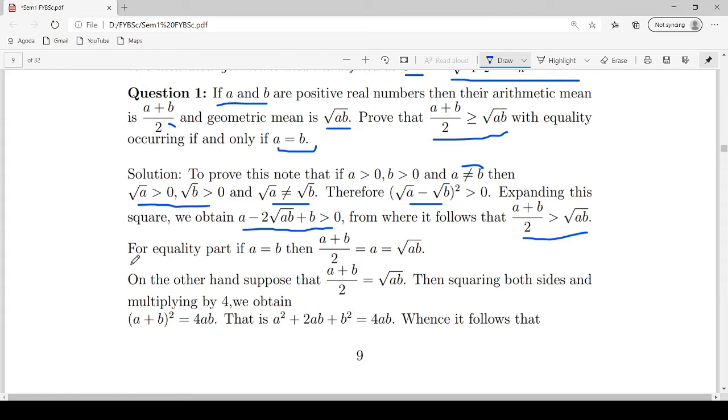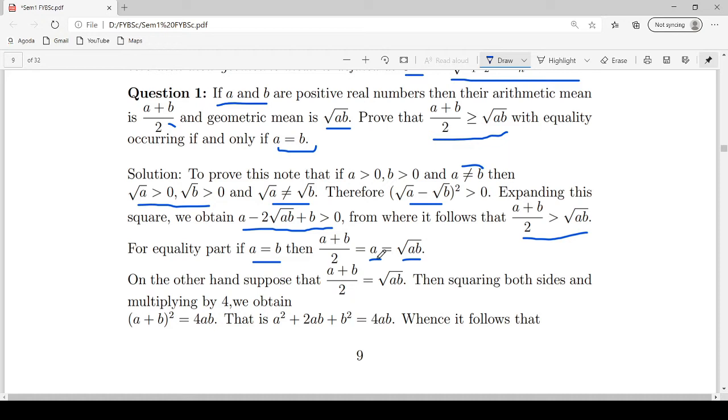Now we will prove the equality part. That means we will prove the arithmetic mean of a and b is equal to the geometric mean of a and b if and only if a is equal to b. So first we will assume a is equal to b. Now it's an easy observation. If a is equal to b, then the arithmetic mean of a and b, which is (a plus b) by 2, is equal to a. Also, the geometric mean of a and b, which is equal to the square root of ab, is